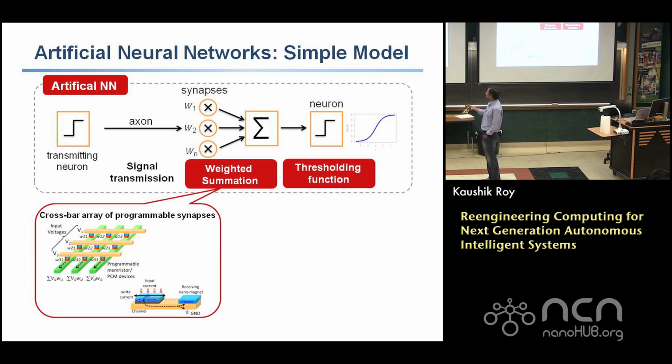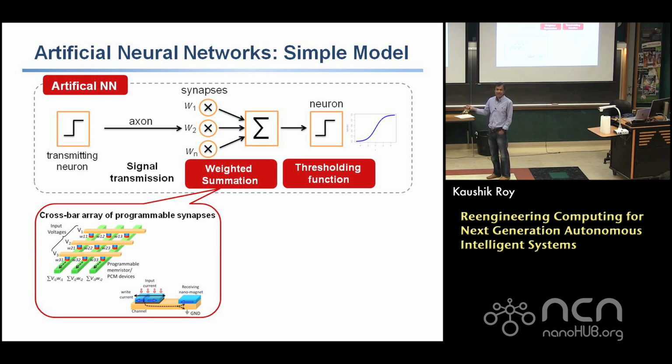So if I'm able to have a programmed resistance right here in an array like this, what does it tell you? I have certain inputs that come in, and if the input is a voltage, and by the way, this is Ohm's law and Kirchhoff's law, nothing more than that. If I have input voltages V1, V2, V3 coming in, and if the W's are the conductances, what am I going to get here? The summation of Vi times Wi. And if Wi is conductance, what am I going to get here? A total current.